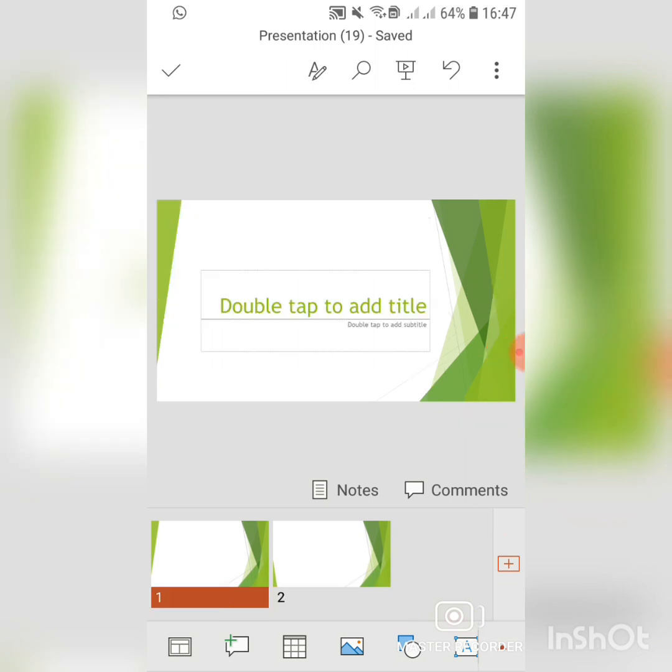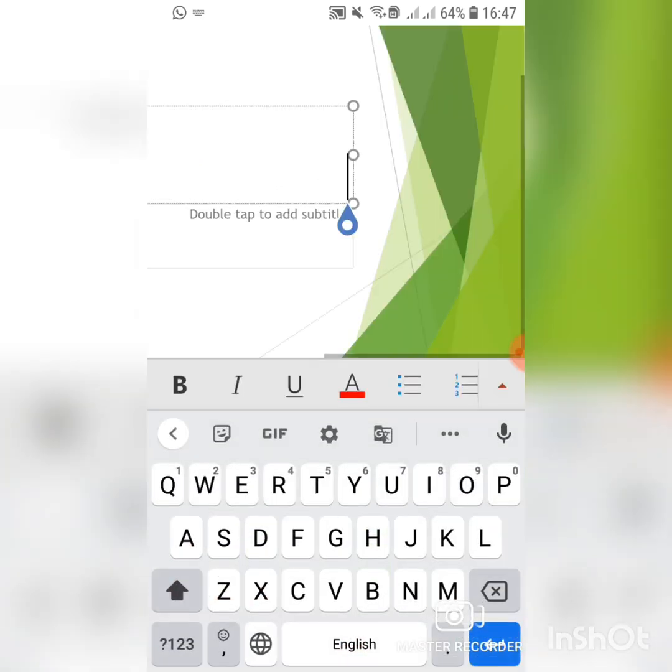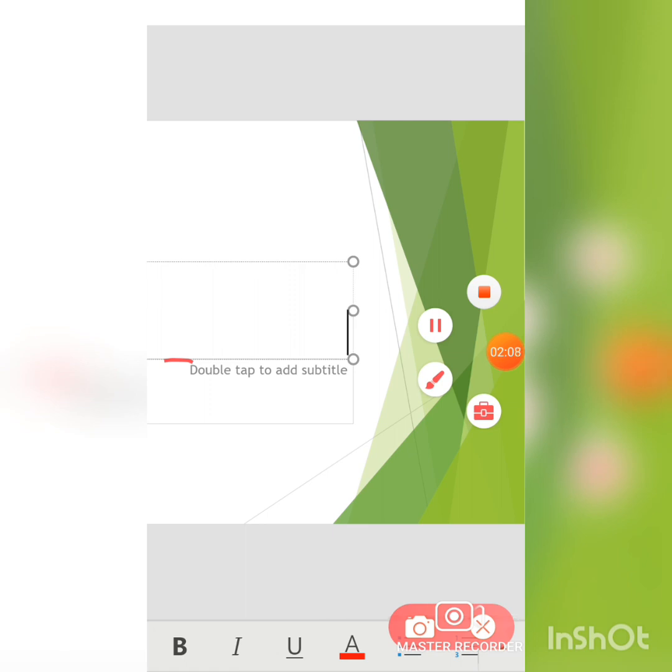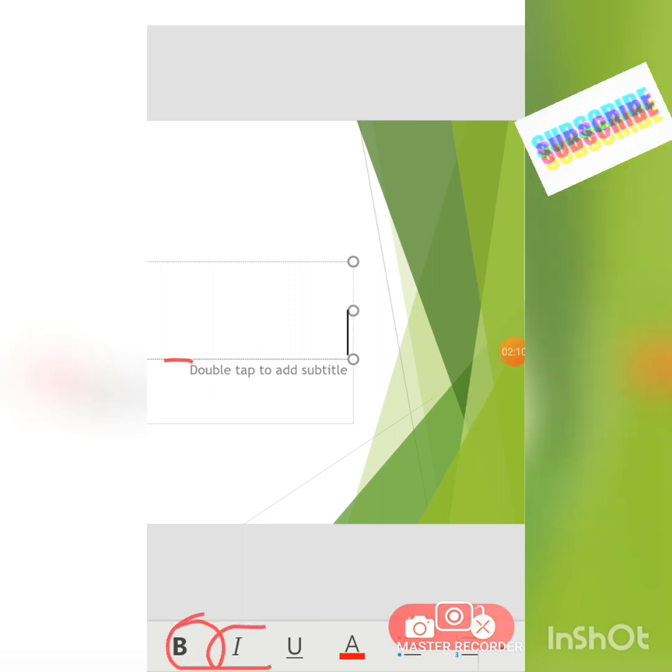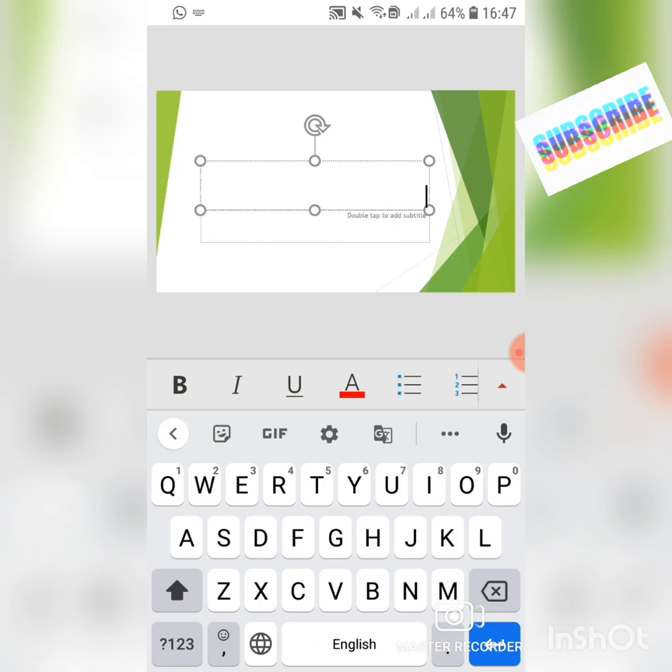For this title, I am going to take a title, making PPT for YouTube. So I am going to write here PPT making for YouTube. I have my text. I have to put more effects on my headline. So what I'll do, I'll just click here on the bold option and italic option. I can even get another color for my text. So to get another color, I'll just click here. Now I will do bold and italic.